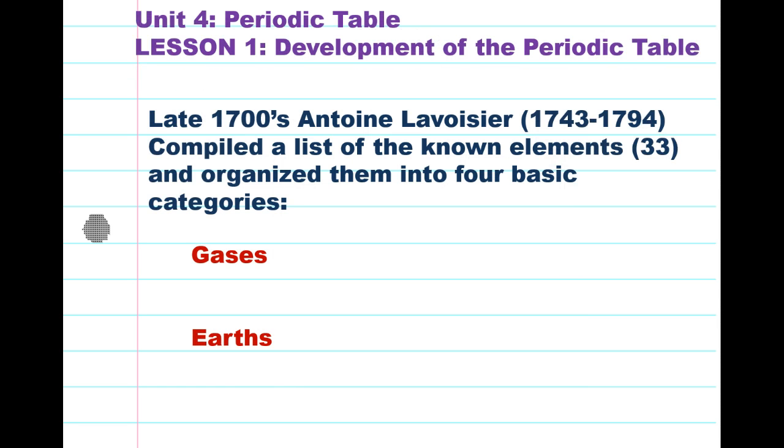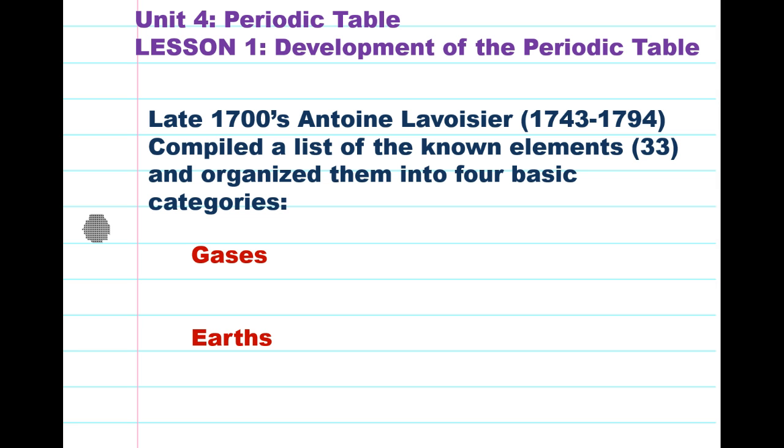Okay, back in the late 1700s, Antoine Lavoisier, who was a chemist, was doing a lot of research with gases at the time, and one interesting thing about him is that his wife Marie was his assistant. He was also a tax collector in France, and during the French Revolution, they were gathering all the political people, which tax collectors were included, and they beheaded them. And that was the fate of Antoine Lavoisier.